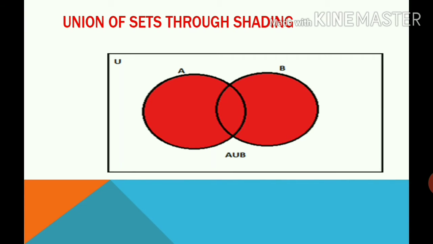Here, how would you show it through the Venn diagram? How would you show union through the Venn diagram? Whenever you draw the Venn diagram, in union you will shade all the areas of the A and B sets. It means that when you shade all the areas of set A and B, all elements of set A and B are included. So how would you shade it? You will shade all the areas of set A and B in the Venn diagram.